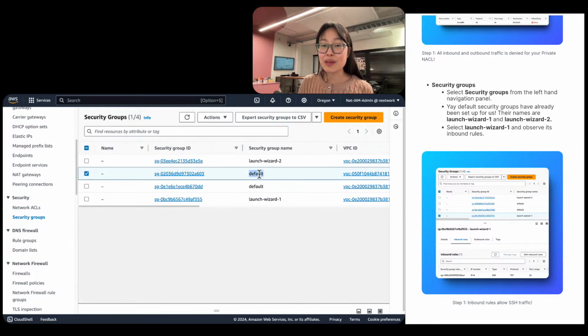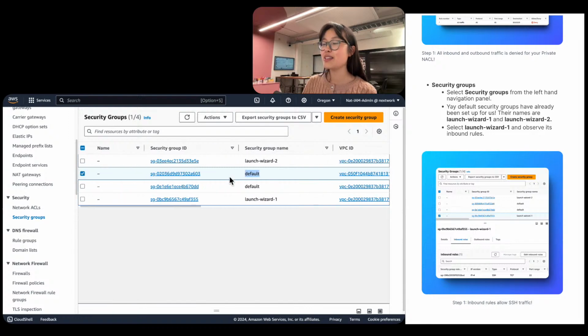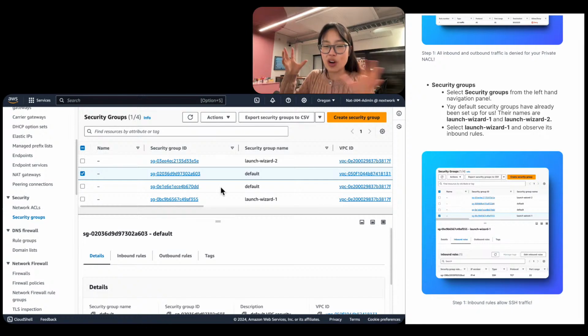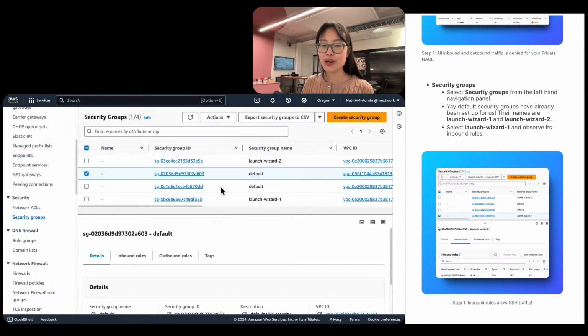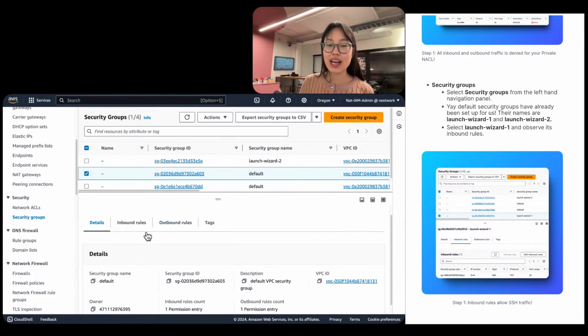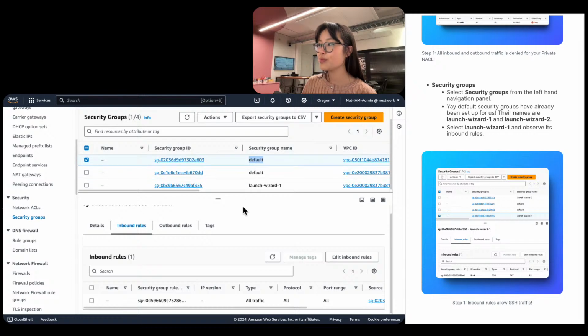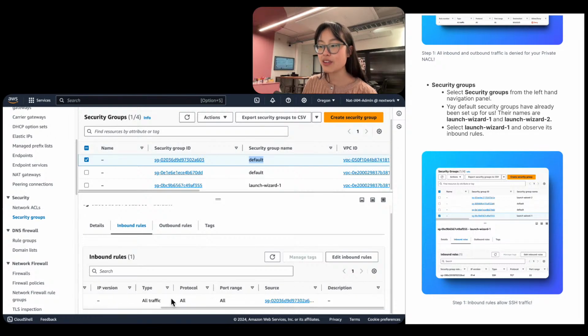So this is the reason why sometimes renaming things is so helpful, because how can you tell this is the right security group just based on its name? It can be a little broad or vague sometimes, and that's why renaming things to our own naming conventions can be very helpful. In the meantime, though, let's check out what kind of rules this default security group allows. Click on inbound rules here,